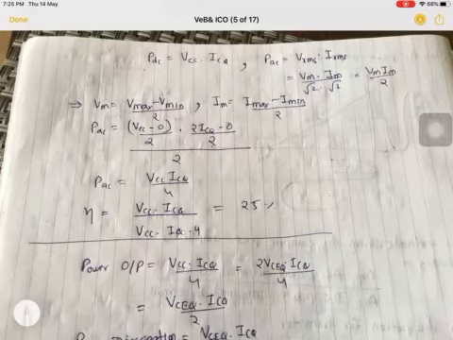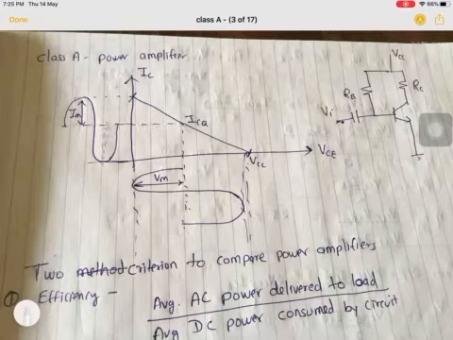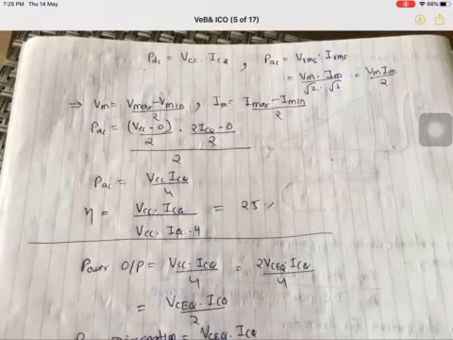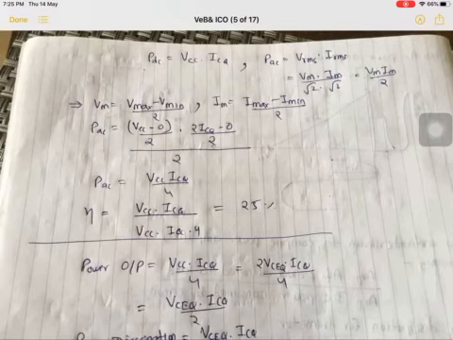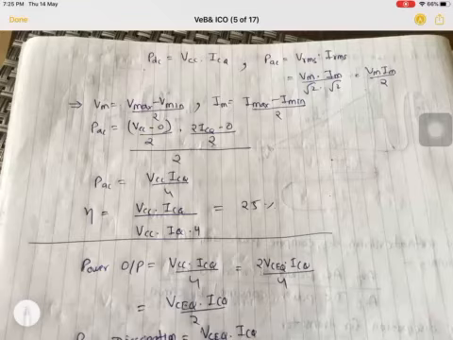Okay, what was Imax? This is one more thing important. This value is ICQ, so this value will be 2 ICQ. This is ICQ and this will be one more ICQ to net this. That is Imax. Imax will be 2 ICQ and Imin will be 0. So 2 ICQ minus 0 by 2 divided by this 2. So PAC is VCC into ICQ by 4.